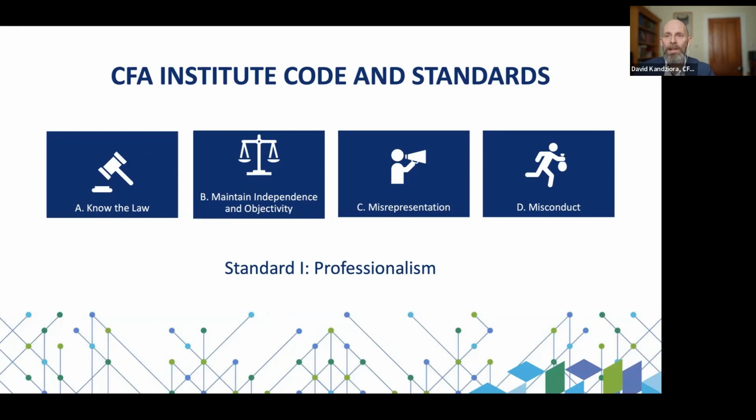So we've got Standard 1, professionalism, that covers knowledge of the law, independence and objectivity, misrepresentation and misconduct. Of the 3 revisions I was talking about before, effective from next year, there'll now be a new standard requiring members to achieve and maintain competence. Again, one useful way to demonstrate that would be attending workshops, seminars, and doing CFAI's continuing education to show commitment to that. So that will be a new standard, and that will come forward in the new Code of